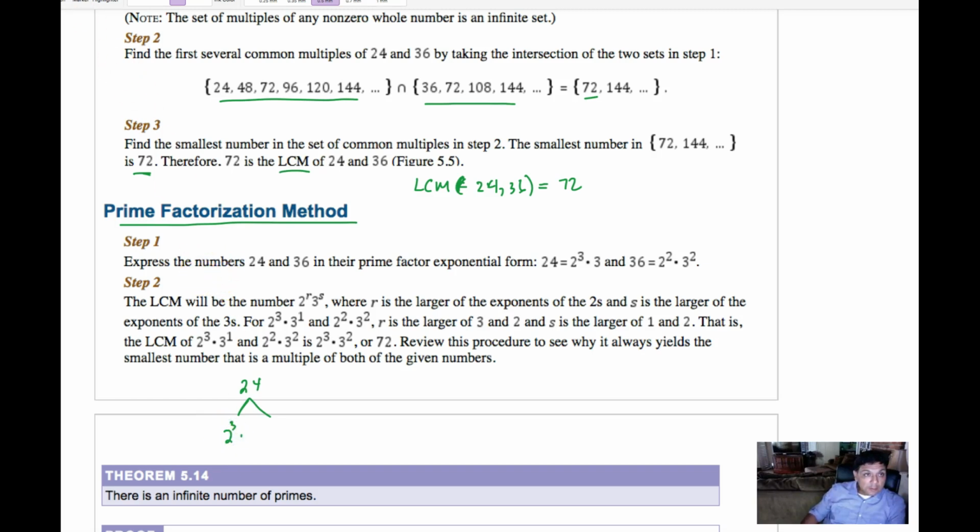Actually, let's write them all out. So 24 becomes 2 times 2 times 2 times 3. 36, you can see over here, becomes 2 times 2 times 3 times 3. And so to calculate the least common multiple of 24 and 36, which you already know